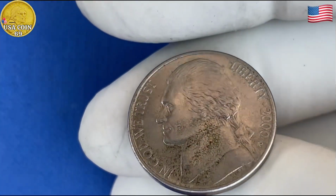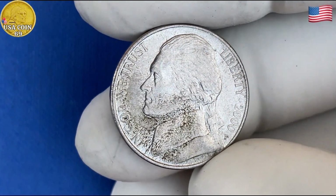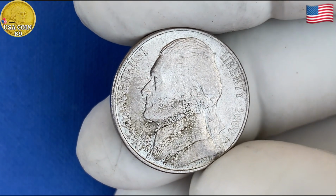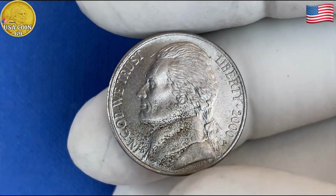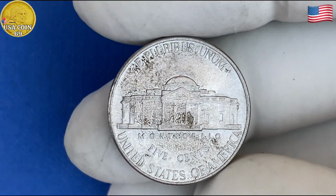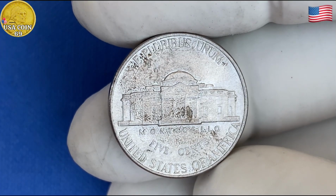If you have a 2002 nickel in mint or near mint condition, it could be worth significantly more. Add to that the possibility of a minting error or a coin from a special set, and the price just keeps climbing. Believe it or not, some 2002 Jefferson nickels with unique qualities or in pristine condition have been known to sell for as much as $35,000. Yes, you heard that correctly,